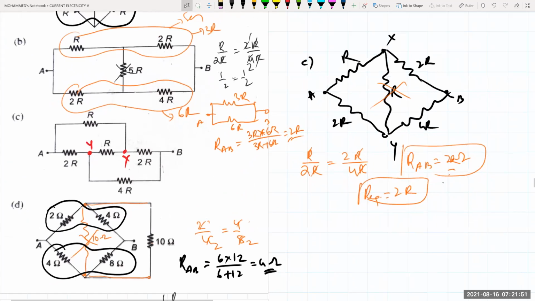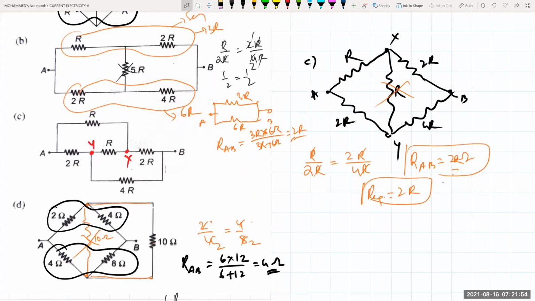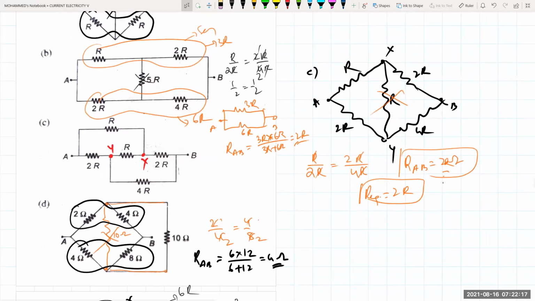See beta, how many resistances are forming here? What I did is, between A and B, wherever the joints are, I have given them some name. A is connected to some point that I have taken as X, and the joint between 2R and R, I have taken as Y. So totally how many resistors are there? 5 resistors, isn't it? See, I have drawn the diagram here right now. I took first A and B, beta, then X and Y like that.